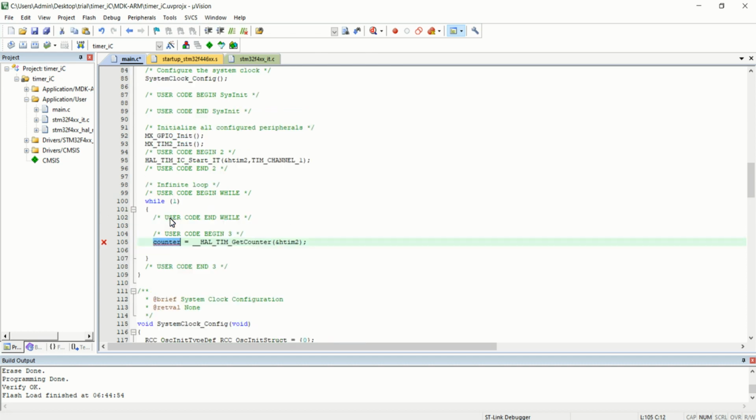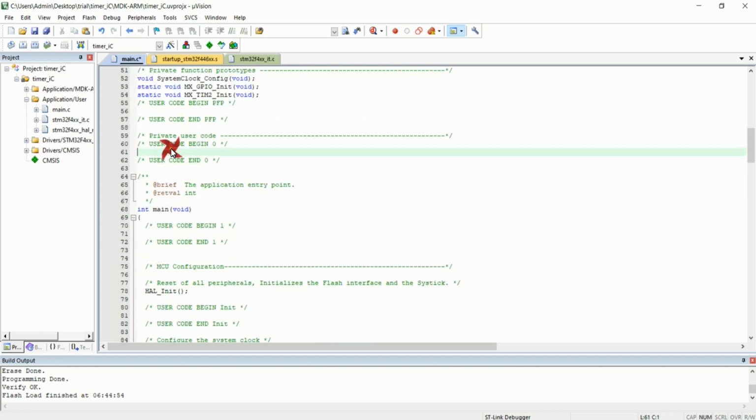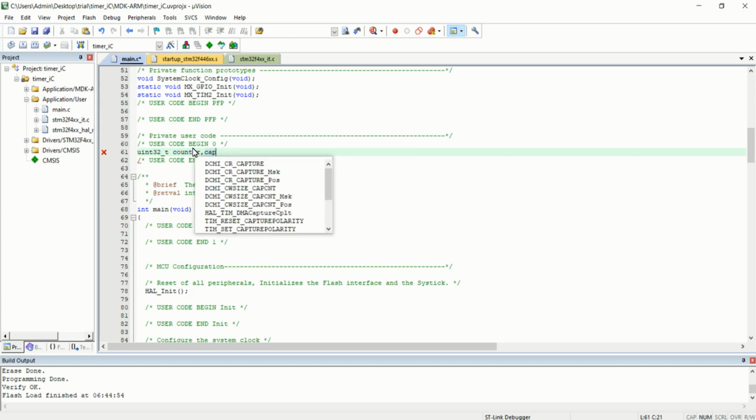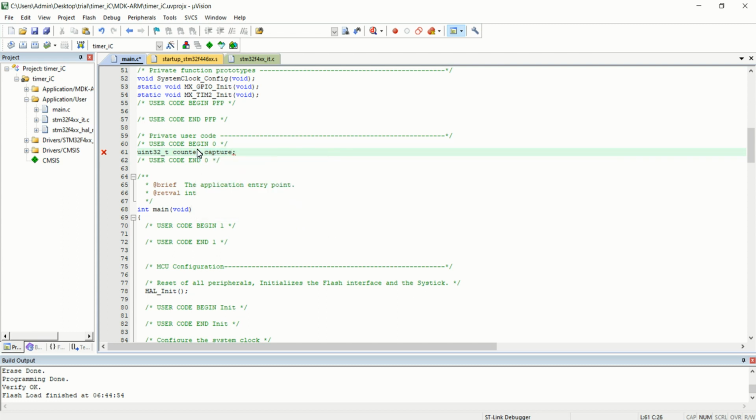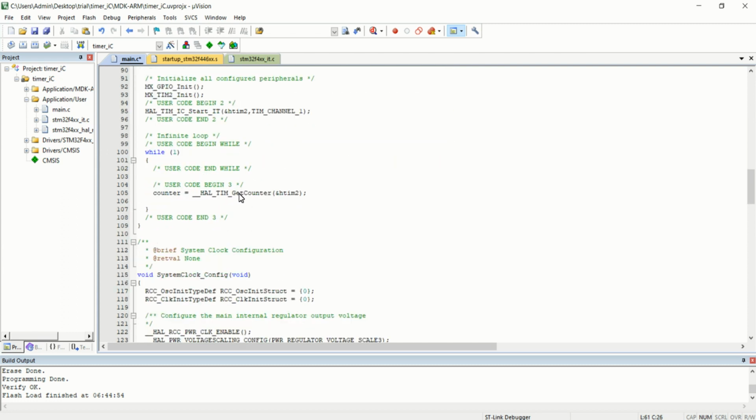So I just want to declare this variable, and I'm coming out of the main function: uint32_t counter, and I'm also declaring another variable capture. You can see this counter variable will be continuously fetching the timer count value because it has been given inside the while(1). And now I just want to fetch the timer count value whenever a rising edge pulse is given. So whenever a rising edge pulse is given, the interrupt function will be called, right?